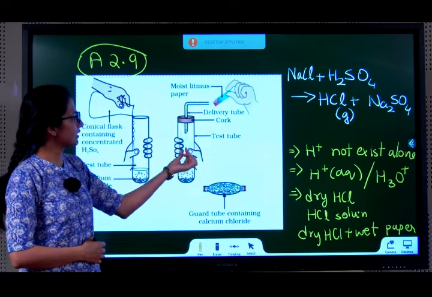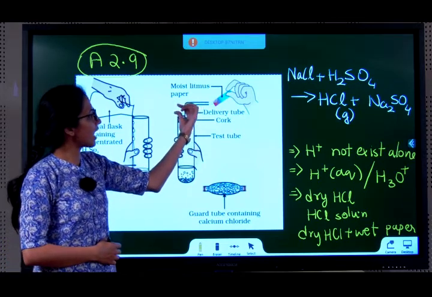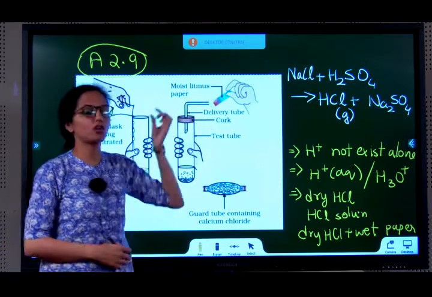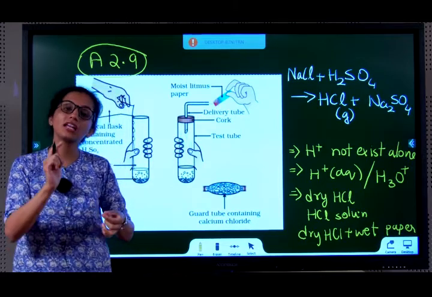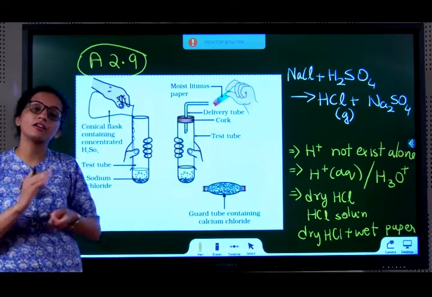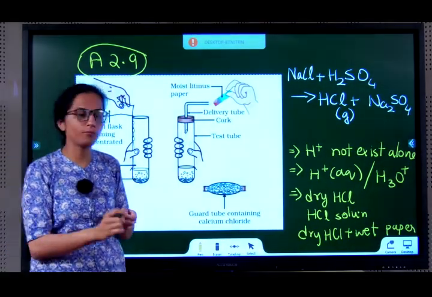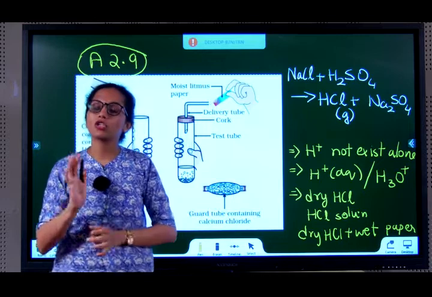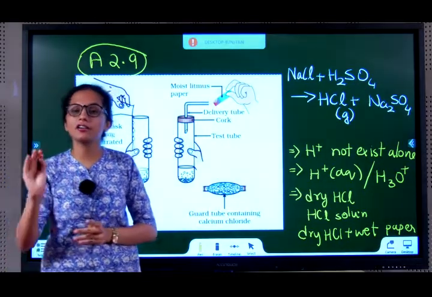HCl gas. Now this HCl gas is being produced. If I put this HCl gas on a litmus paper, which color litmus paper? It's an acid. Which color litmus should I use? Acids turn blue litmus red. So I take a blue litmus paper and keep it there. What should HCl do? It should change the color of the blue litmus.